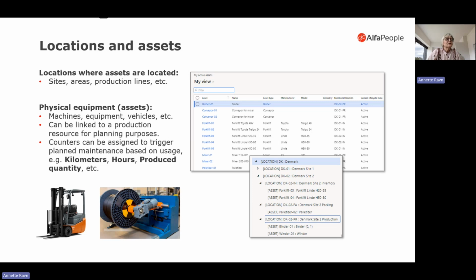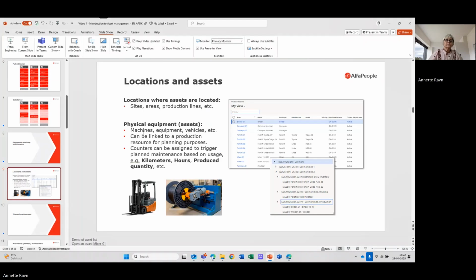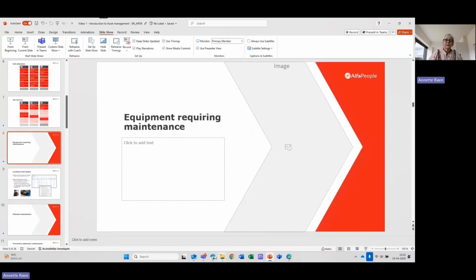Assets can be linked to a production resource for planning purposes. You don't have to do that, but it's a possibility. And you can assign counters to trigger planned maintenance based on the actual use of your assets. So it could be kilometers or mileage, it could be runtime hours, it could be produced quantities and stuff like that. Now I'm just going to dive into the application to show you the location and asset register. So if we go in the application,